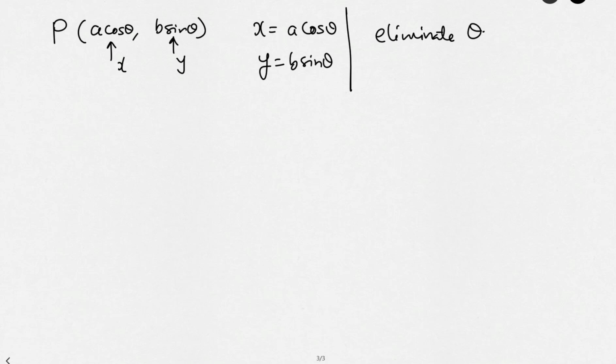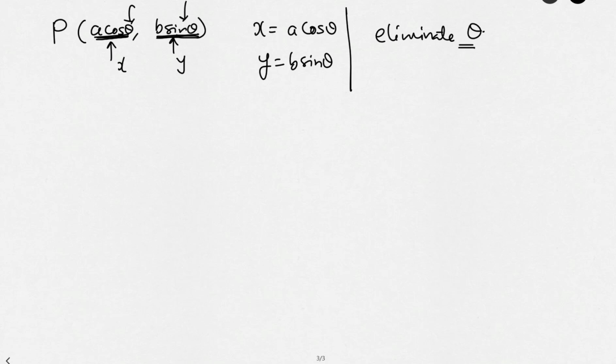Curve will be traced by putting different values of theta, right? Theta is 0, theta is 45, theta is 90, and so on. So you will get one curve. We don't know what that curve is. You can try to figure it out by putting some values. You can try plotting this curve yourself, and finally whatever answer you get, try to plot that as well. That should match. So X is A cos theta, Y is B sin theta,